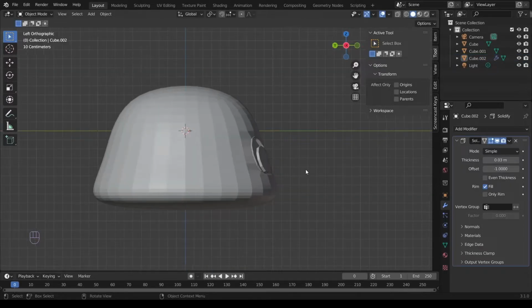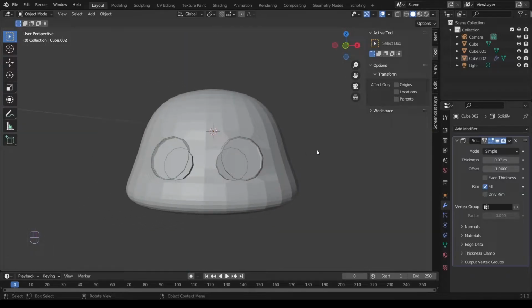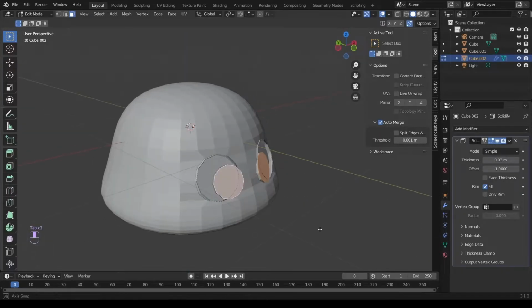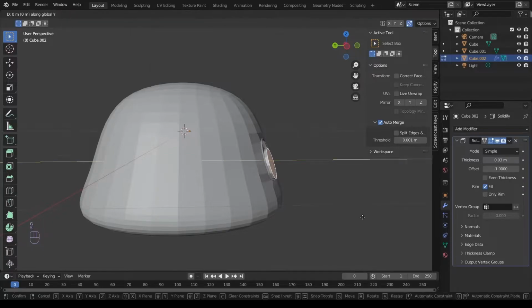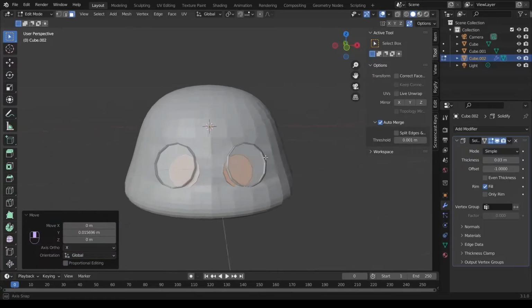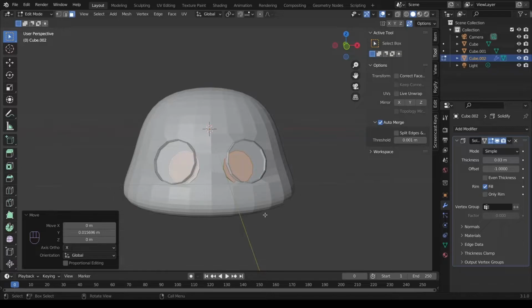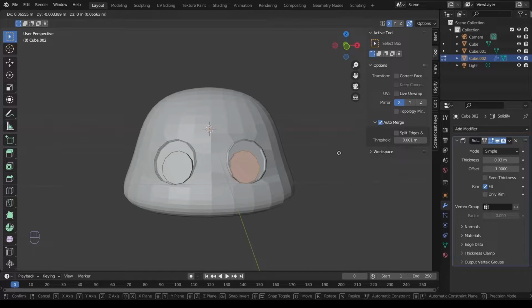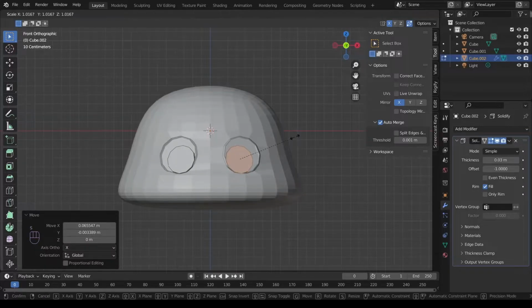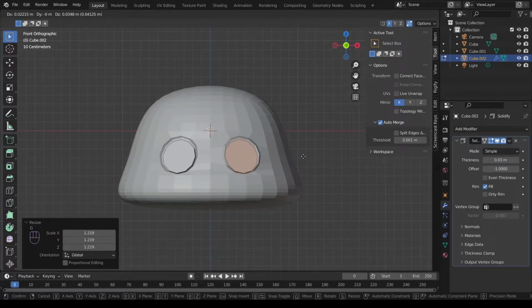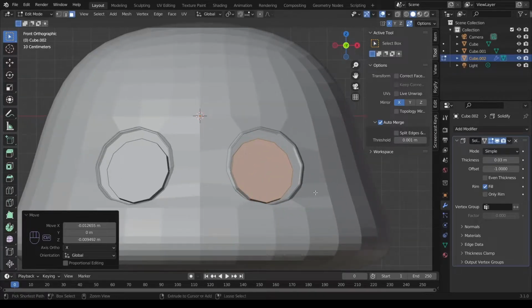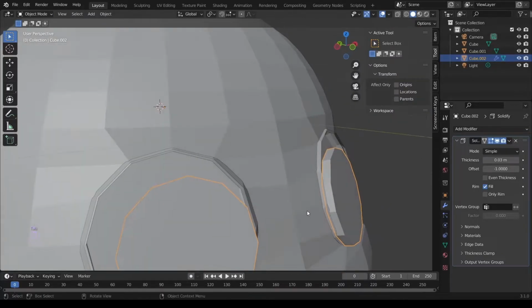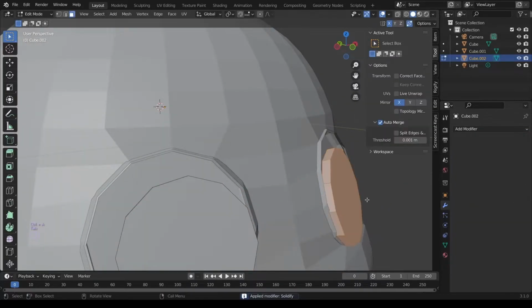Take as long as you need to get the spot just right. I found it best to toggle X mirror on and work on one eye only. Give it a bevel and you're good to go.